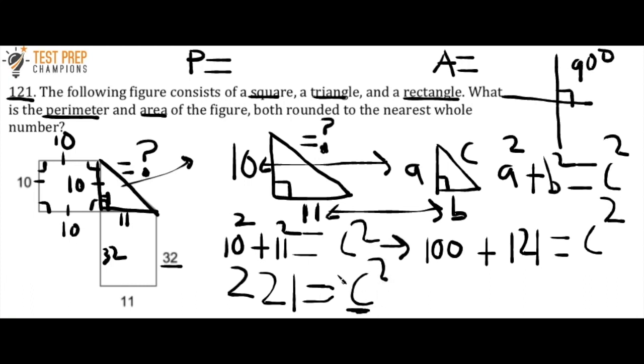So we've got c squared. How do we get just c? Well, we take the square root of that, and in order to do that, we've got to take the square root of the other side as well. So let me just figure out what this is real quick. We've got 221, and we want to do the square root. I'm putting this in my calculator. Square root of 221, and that gives us